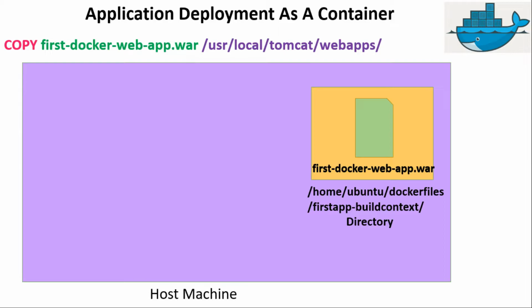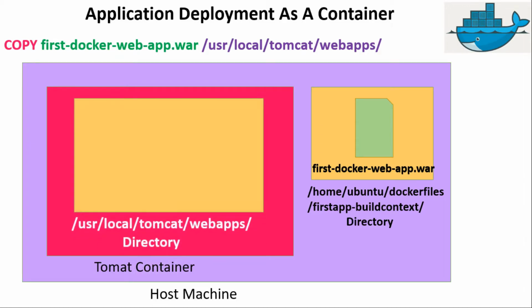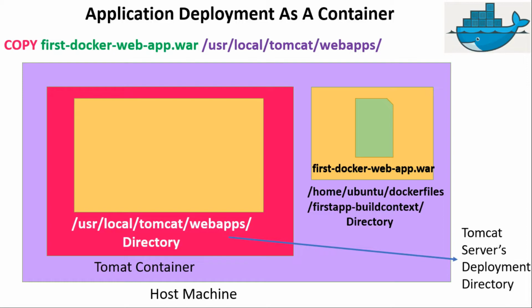And then we have started the Tomcat Docker container on this host machine, and inside this Tomcat Docker container there exists a webapps directory, and this webapps directory is also known as the Tomcat container's deployment directory. And friends, this is a place where the Java project war files are copied or kept for their deployment on Tomcat servers. So friends, the copy instruction in the Docker file is copying the Java application war file from the host machine's build context folder to the Tomcat container's webapps folder for the Java application deployment on Tomcat server.